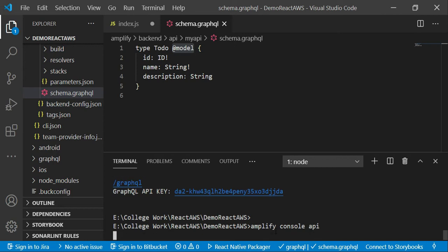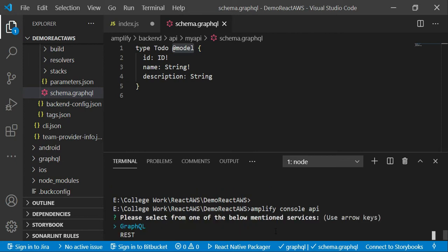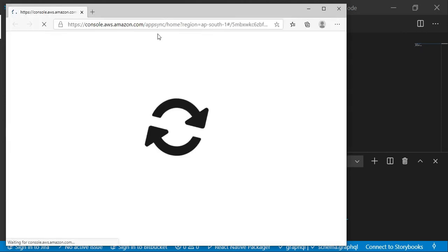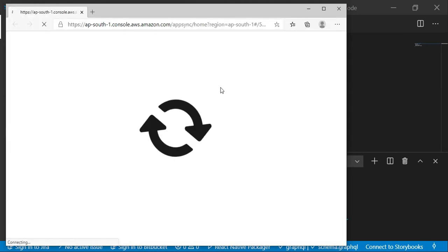This command is used to view the GraphQL API in the AppSync console. So select API here, GraphQL API. See, this was the GraphQL API that we are getting in the AppSync console. It is going to open this particular console. Based on your internet speed, it may take some time. It is loading.